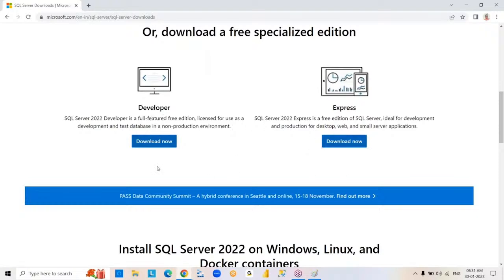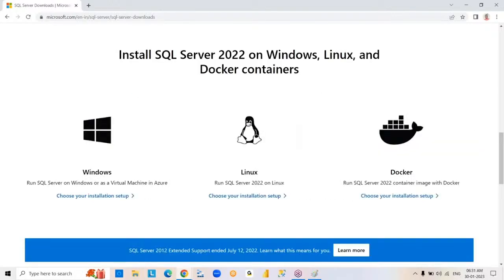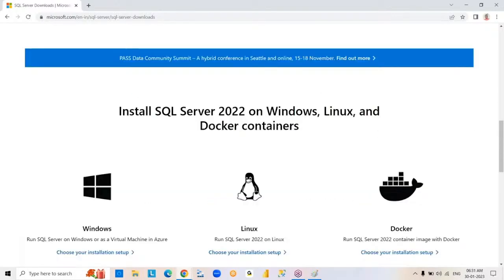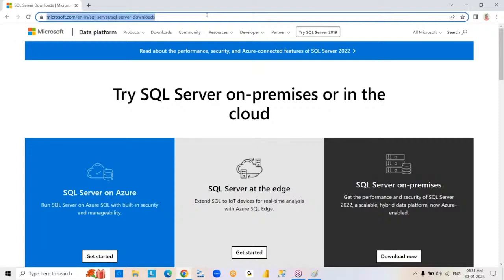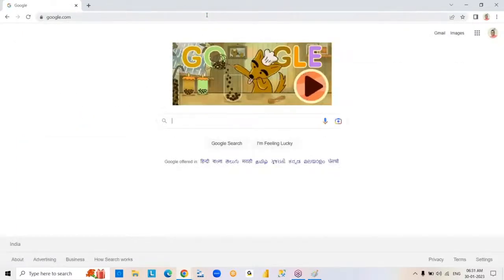See that here it is showing Developer edition, Express edition. Even this Developer edition is also a trial version for us, practice purpose only. Okay. So you can download it and install. Okay. Now, an installation video I will share. Next, after completion of the SQL Server installation,